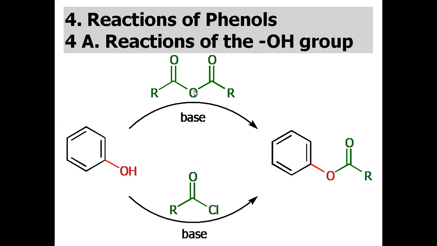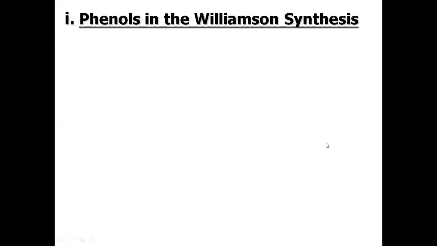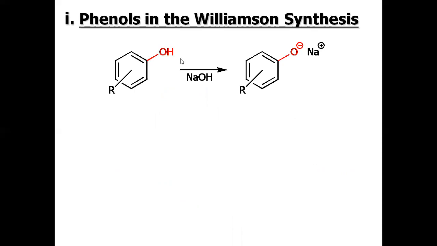Okay, keep in mind that when the hydroxyl group of phenol reacts with an acid anhydride in the presence of a base, or acetyl chloride in the presence of a base, it will give you an ester, or phenyl ester. Let's see an example of this reaction. Number one is